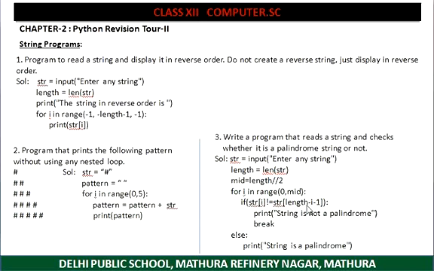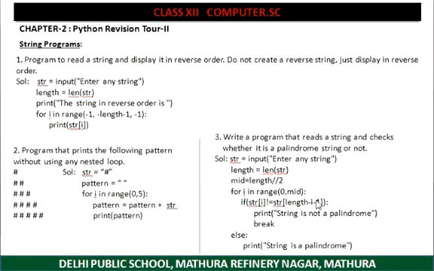It means the first character is not equal to the last character. In a palindrome, the first character is equal to the last character. If the first character is not equal to the last character, then print string is not a palindrome. So the first character is checked against the last character, then the value of I becomes 1, then str1 not equal to str length minus 1 minus 1. So it will check the second character with the second last character, whether they match or not.